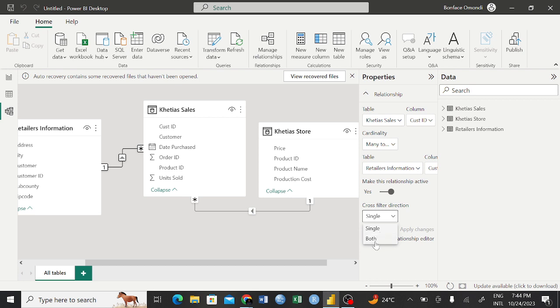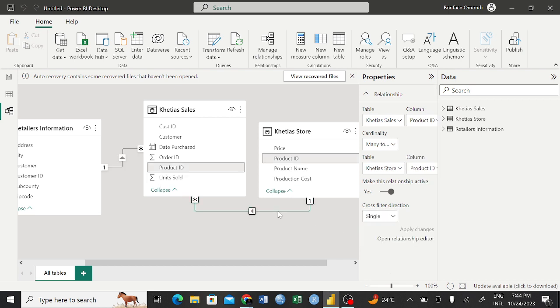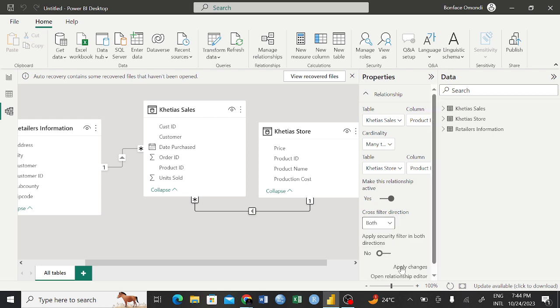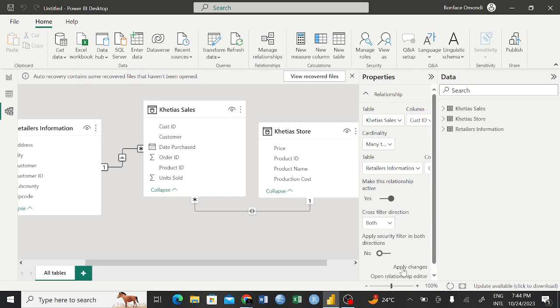So we may want to try to change it to both, and come also to this one and change it to both, and then apply. Just click on apply changes. Let's see. This one is still single. If you click it to both and apply changes